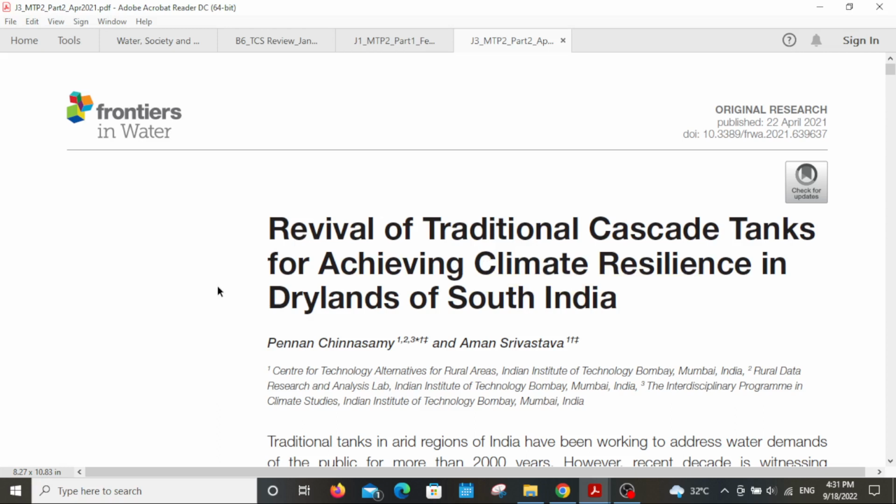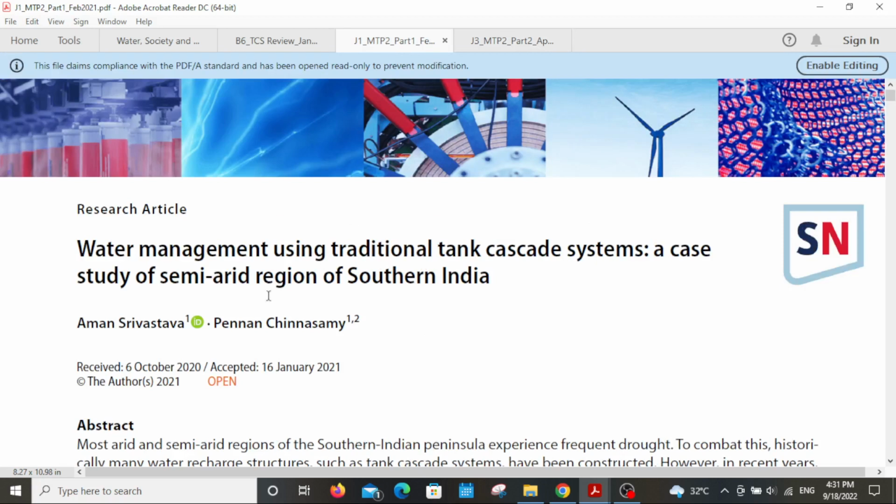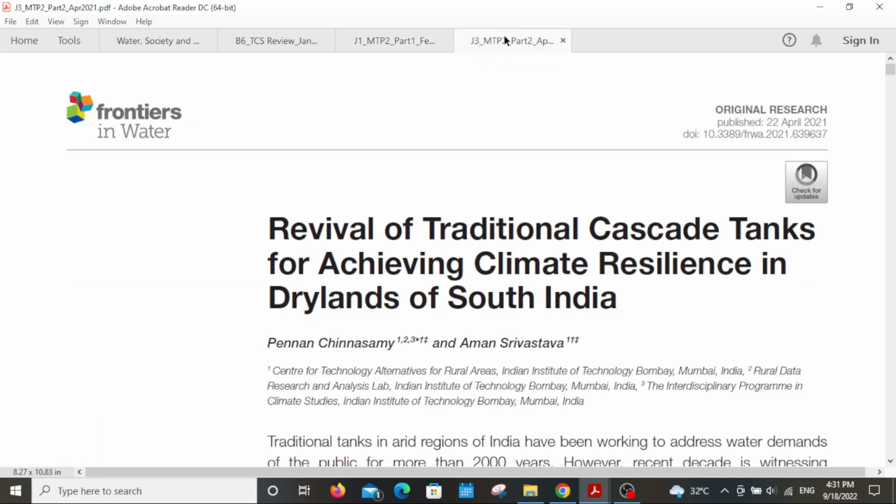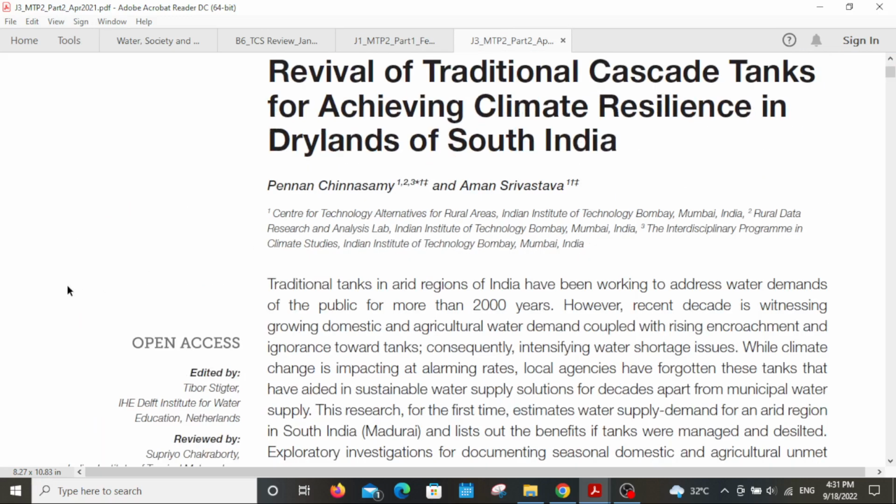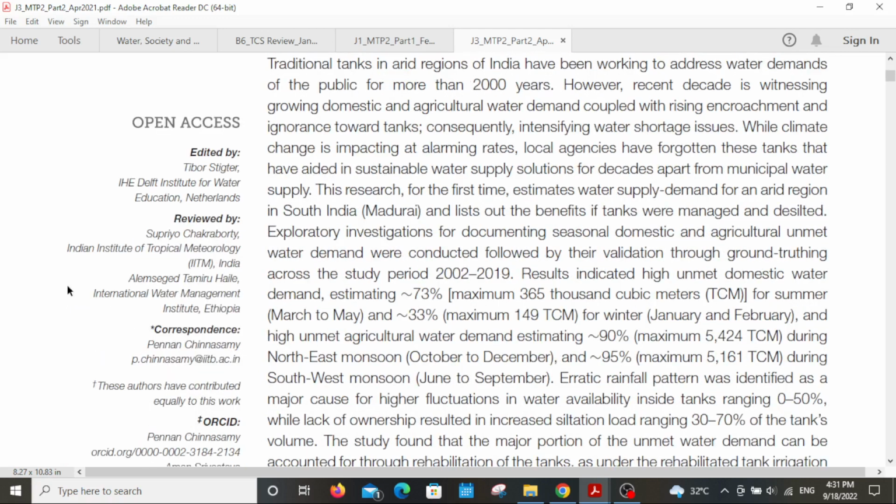And this is a follow-up paper because in the previous paper we saw how water mass balance components or hydrological variables were taken into account, such as surface runoff, evaporation, evapotranspiration, rainfall, etc. While in this paper, the focus is mostly towards water supply demand aspects. So let us have a quick review of what this manuscript